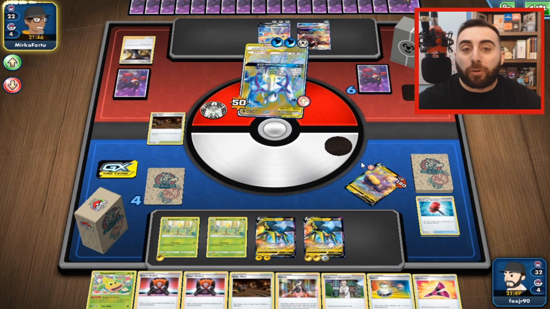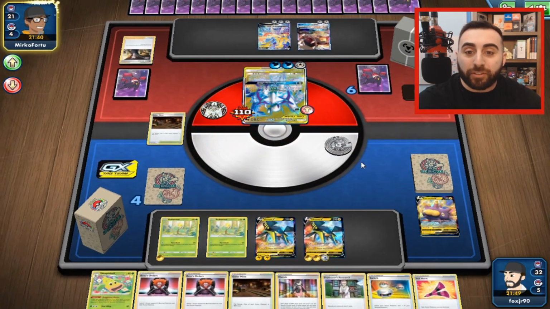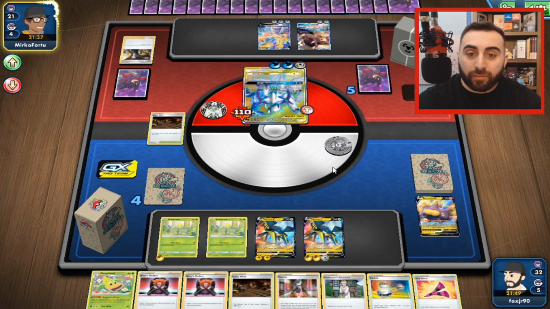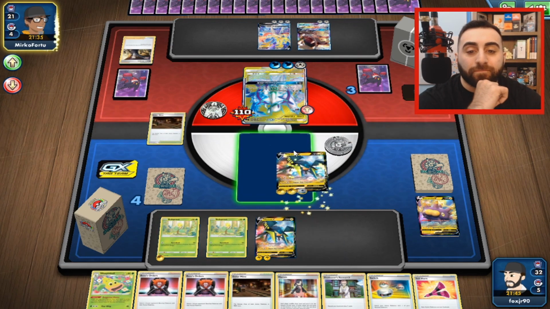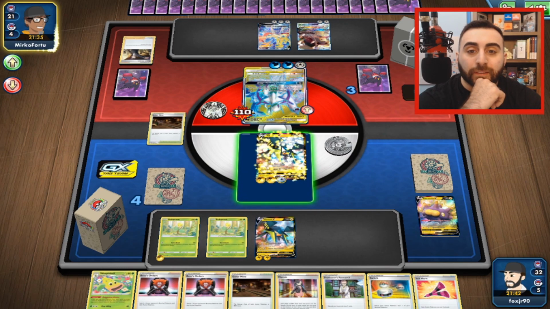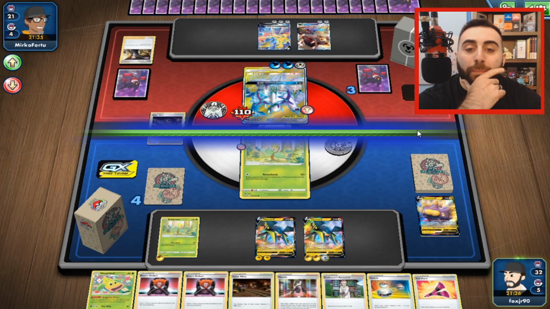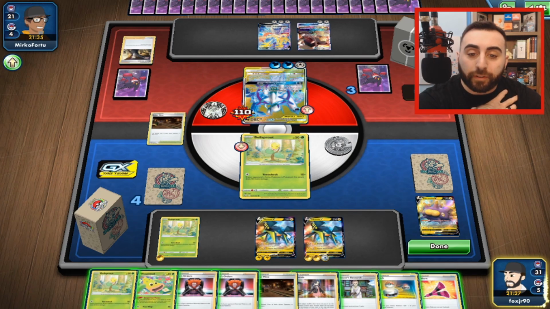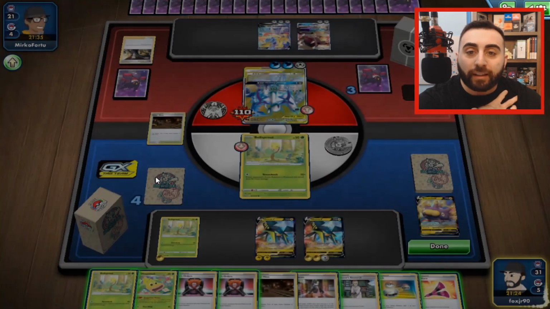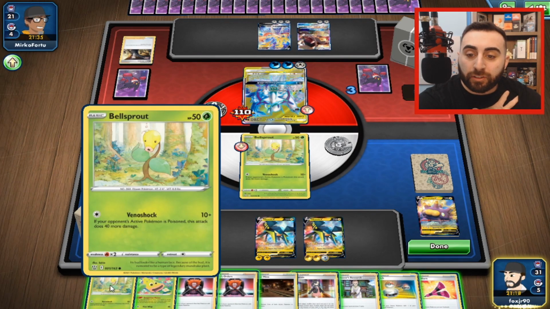So he's going to load up his Pokemon with energy so that he can retreat. He's going to take 60 damage. And we'll put a Bellsprout up. Let's see, he did 180 with that, so it won't knock out our Vikavolts. But I definitely can't let this Zacian get into the active. So what I'm going to do...